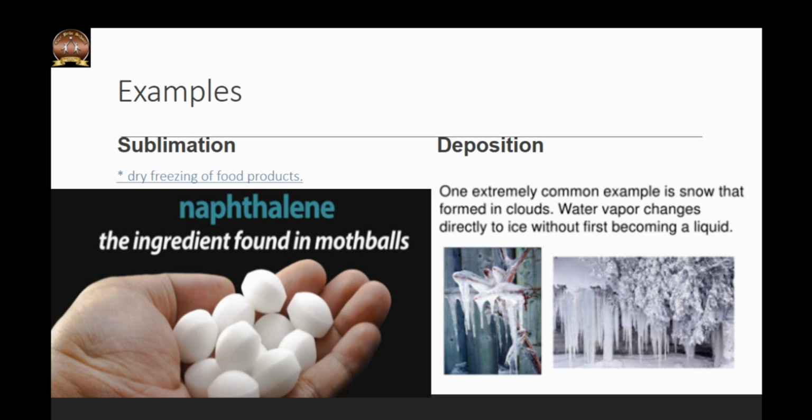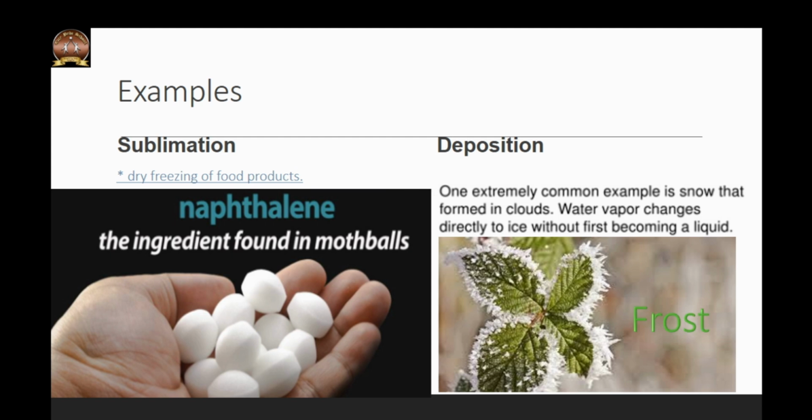Another example of water depositing is seen in frost. Well, frost is not commonly seen in temperate and equatorial countries like India, but in countries which are closer to the poles, frost is very common. Frost happens when water vapor from humid winter air deposits directly into a solid crystalline pattern on a window, a leaf, or any object which is extremely cold. So the deposition of water vapor into these ice crystals known as frost is also an example of reverse sublimation or deposition.